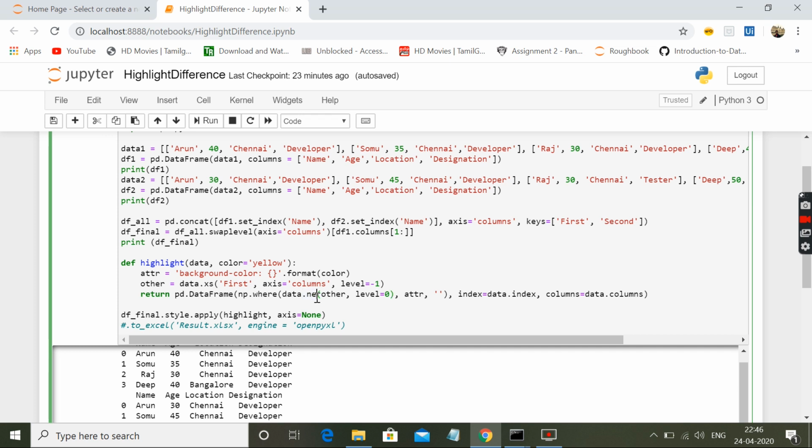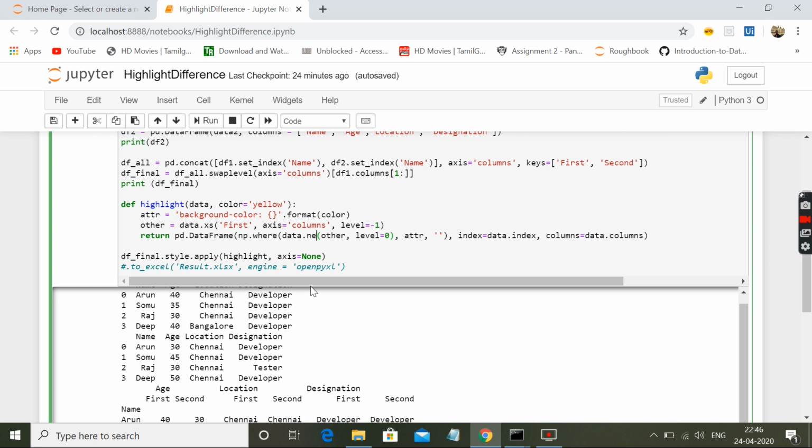We have used .ne, but similarly there are a lot of inbuilt methods like lt, which is used to verify lesser than a particular number, and greater than. Here we have used any.